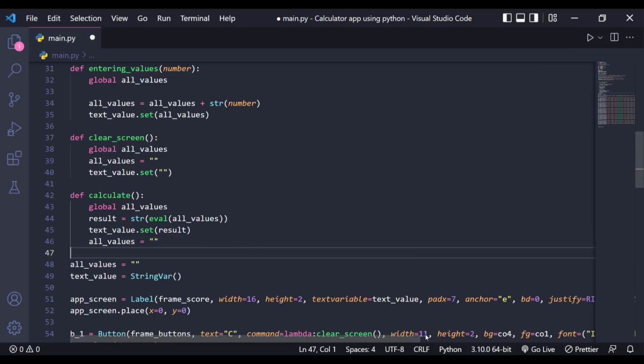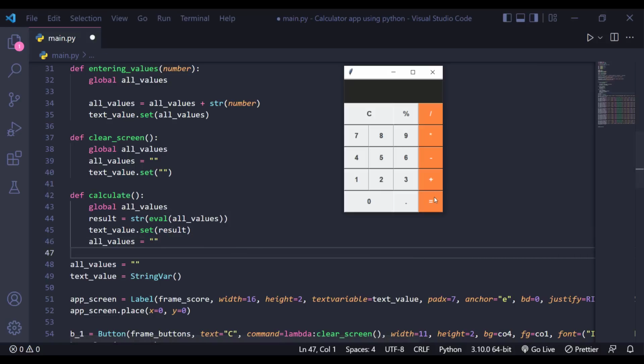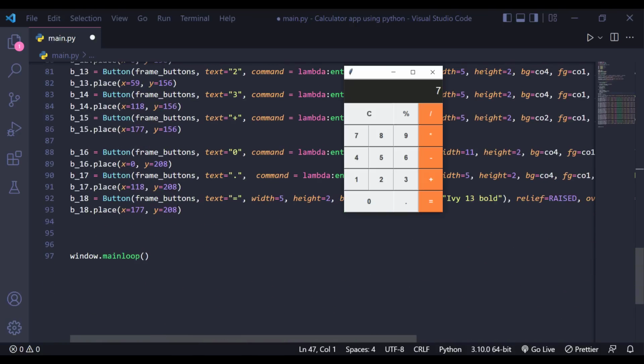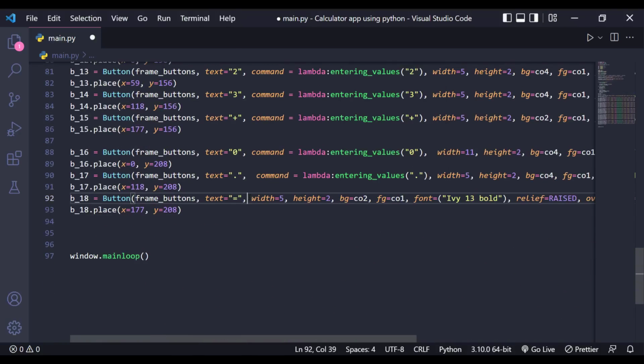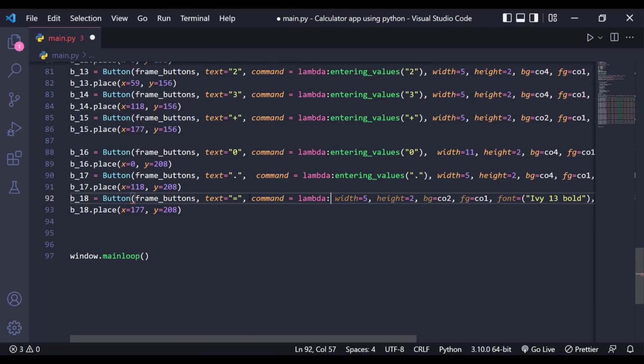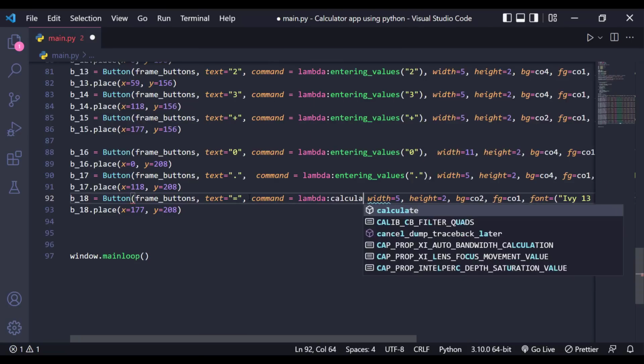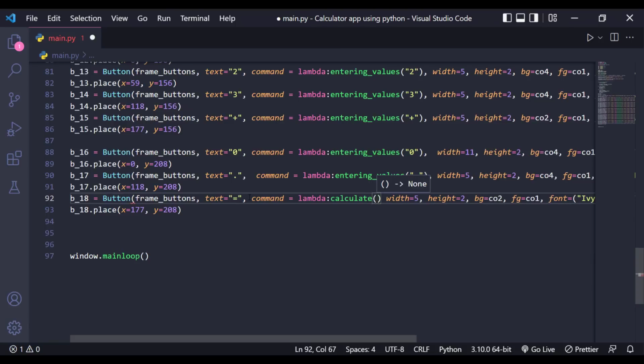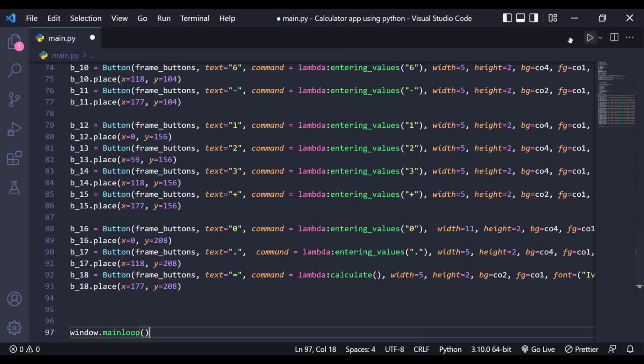Where are we going to use this function? When the user clicks on this equal to button. 7 into 1, and if you give equal to, at that time this calculate function will begin, right? So for that you can just go to this equal to button, which is here. Just give command equal to lambda, and we'll give calculate. Okay, and if you rerun this one,